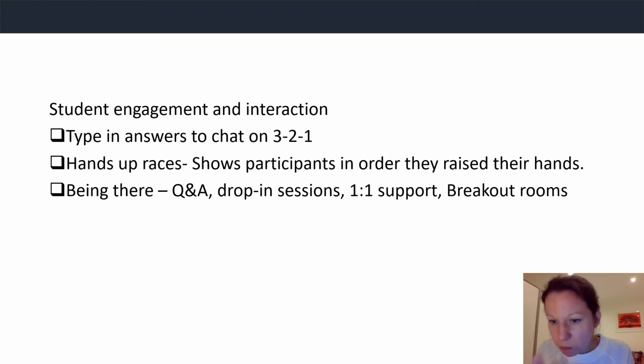And breakout rooms might help with that too, depending on the size and nature of your class, but you could put a few students that you felt needed a bit more practice on something into a breakout room, while the others are looking at something else on the screen and maybe completing a short 5-minute timed task, writing a paragraph or something. You go into the breakout room and can maybe provide